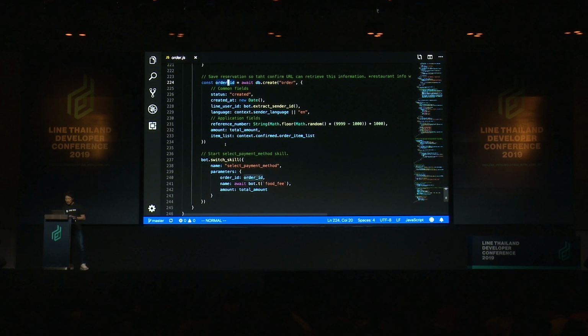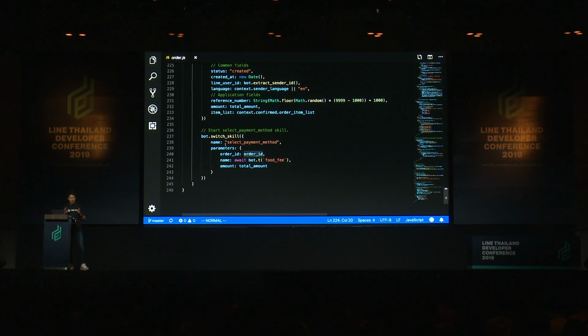I organize that payment functionality in a different skill, because in creating chatbots, keeping code clean and simple, and deduplication is quite important to be scalable. So now we can switch from this skill to another skill by calling the